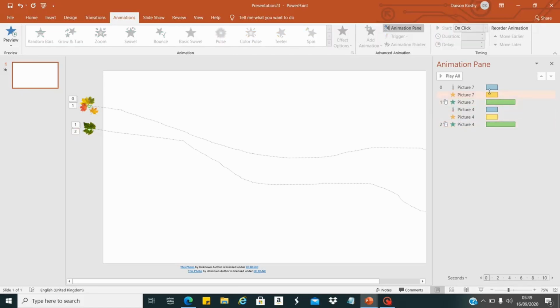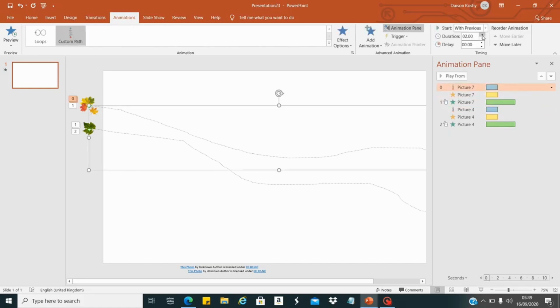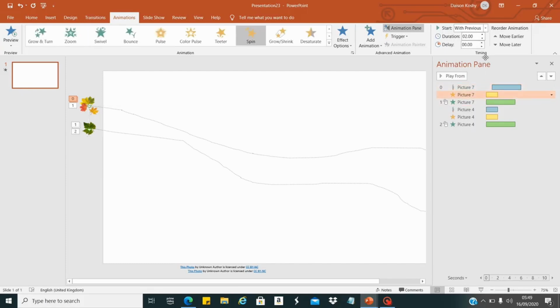Now we will set the duration and delay for each picture. We will make the duration 5 and the delay 1. All of these should be the same, so all of them are now 5 and delay 1.